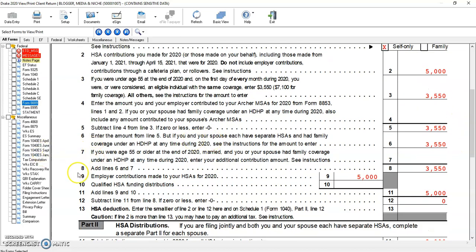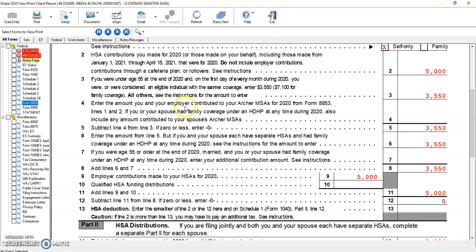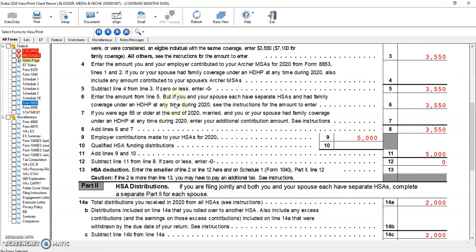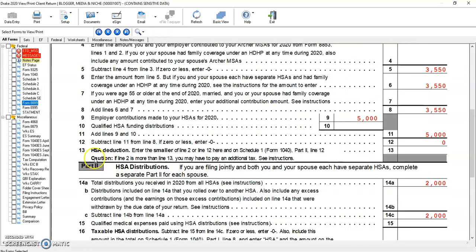Now we are assuming that the total amount for employer contribution is the same, that is $5,000, and here the total, the subtract. Please go read each of the lines carefully.